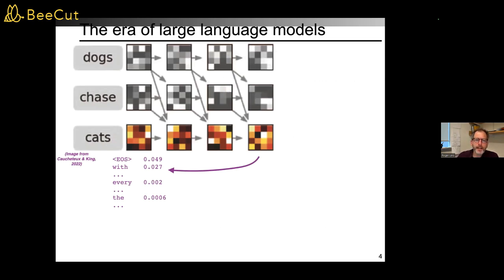Okay, so we're in the era today of large language models. What is a large language model? This is transformed technology, and it has also transformed language science. A large language model is a computational architecture that takes in inputs as a sequence of tokens or words, usually words but sometimes pieces of words, and transforms them successively from discrete units into high-dimensional vector representations, which are indicated here with these little matrices. And they're deep in the sense that there are many layers